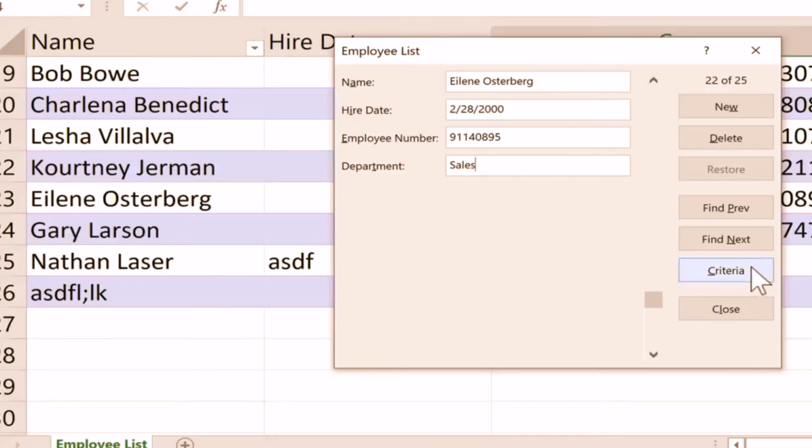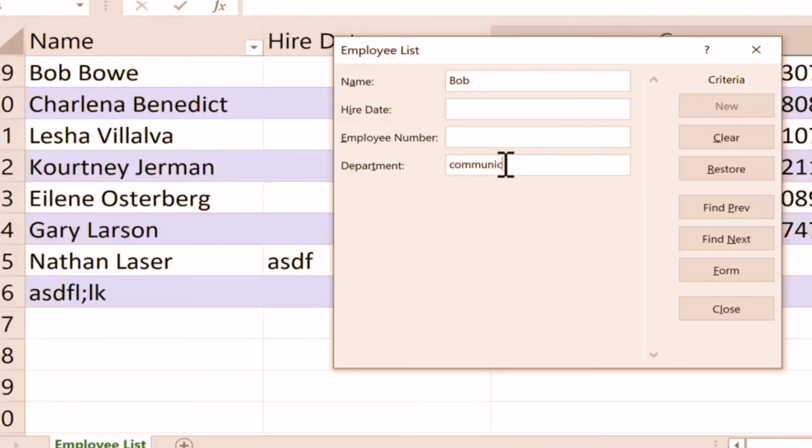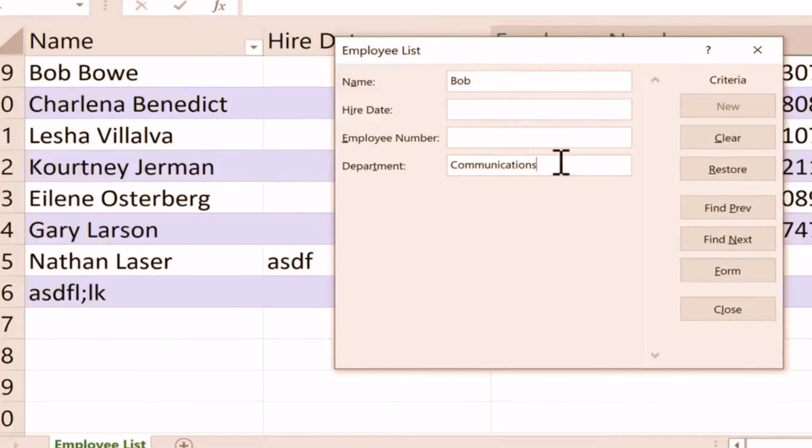Okay, one button left to look at besides Close, and that is Criteria. The way Criteria works is you click it, and then you enter criteria into this form, and then Excel will see if it can find one or more of the records here in the spreadsheet that match the criteria. So for example, I would really like to find someone who has a name that includes the word Bob, and the hire date doesn't really matter. The employee number doesn't really matter, but the department should be communications. All right, so I have Bob and communications. At this point, all I have to do is tap Enter on the keyboard, and look, it found Bob in